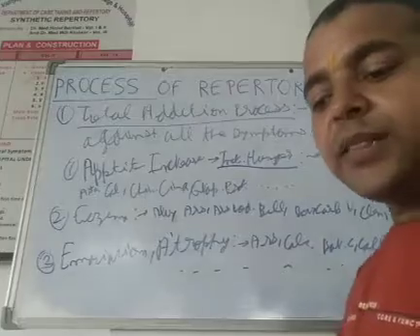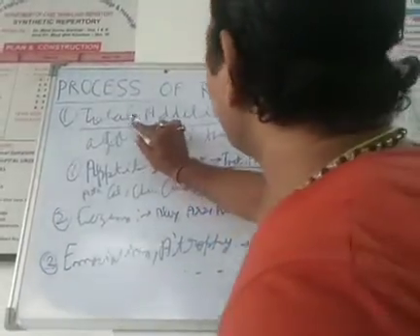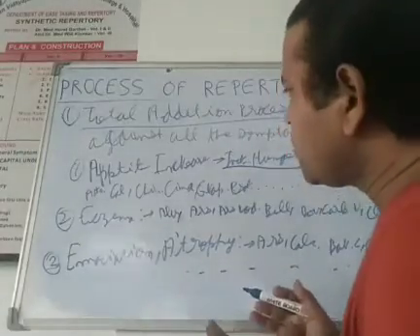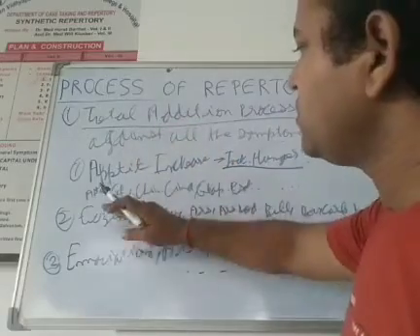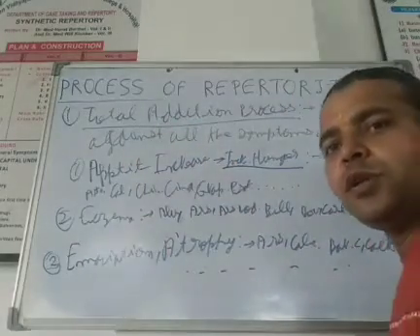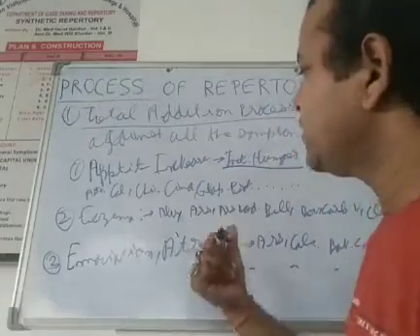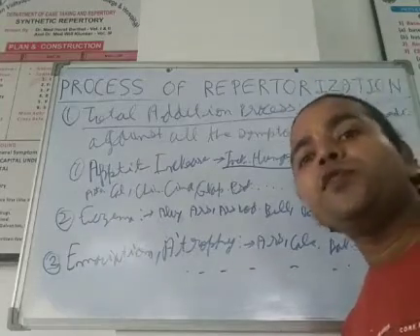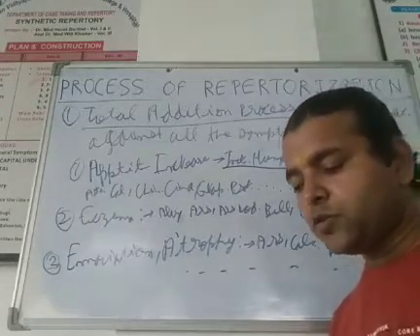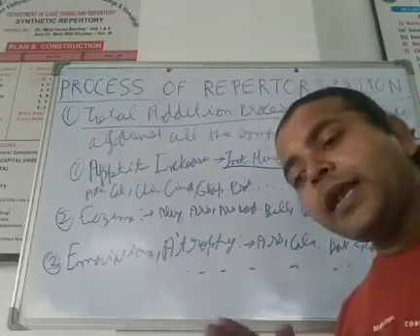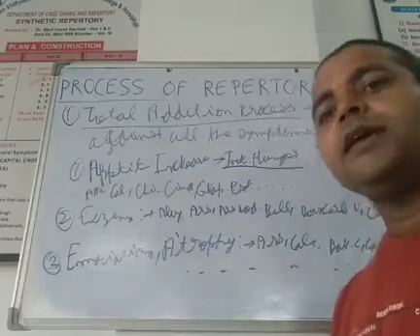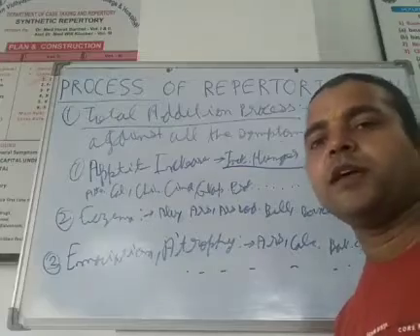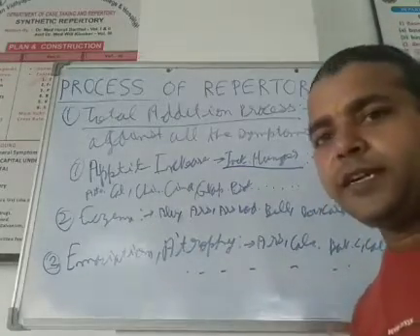Now what method are we following? Simply the total addition method. So in this what will we do? Total addition of all the symptoms. We will not give too much significance to any particular symptom, but still when we are doing analysis and evaluation of symptoms, at that moment we will make a hierarchy of symptoms, that what symptoms should be written first as the first symptom, what symptoms should be written as the second symptom.